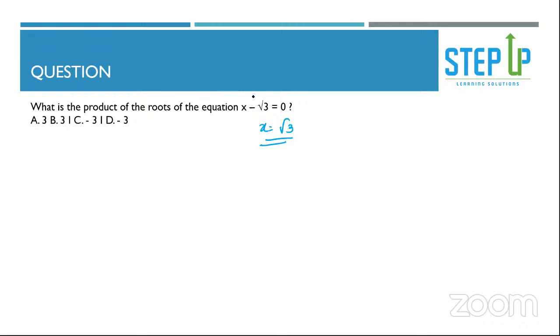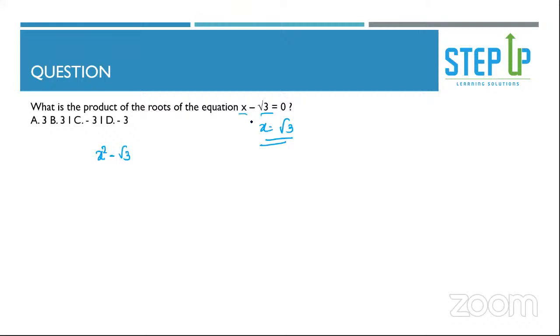There is a mistake, I guess. It has to be x square minus root 3. That has to be the equation, people. Otherwise, you will never get it. People, if you take x minus root 3,